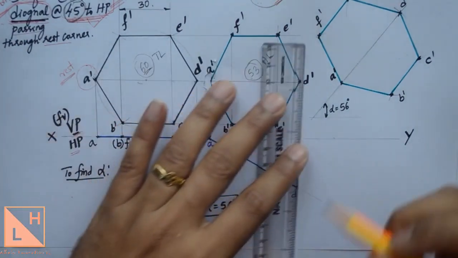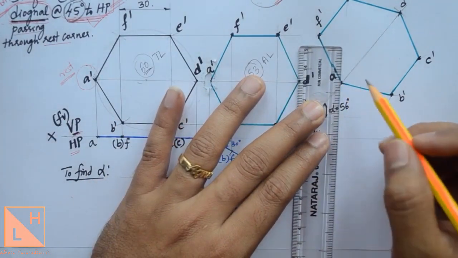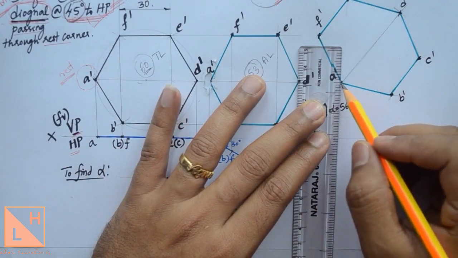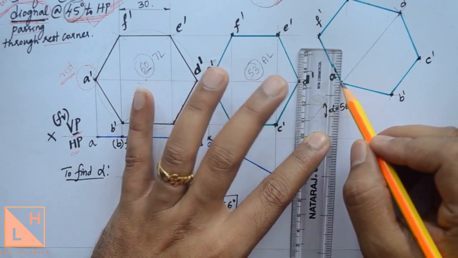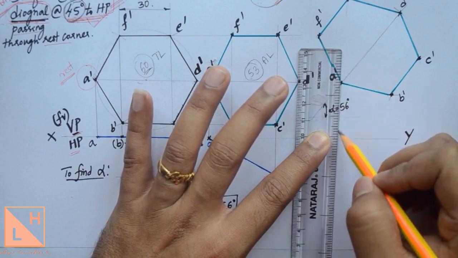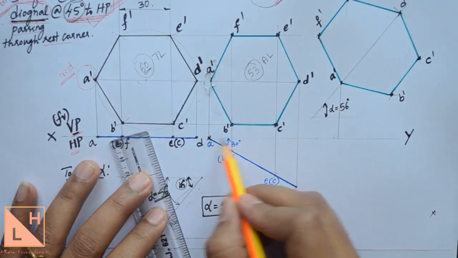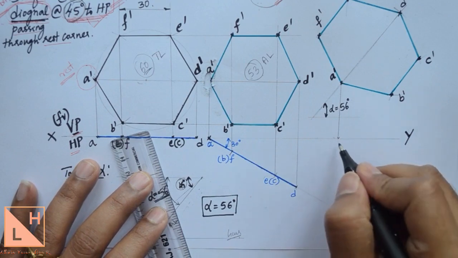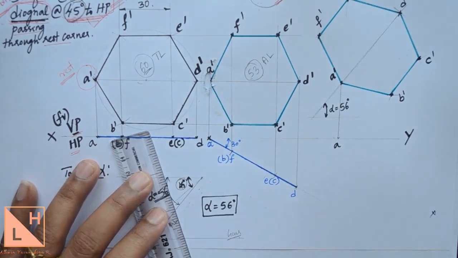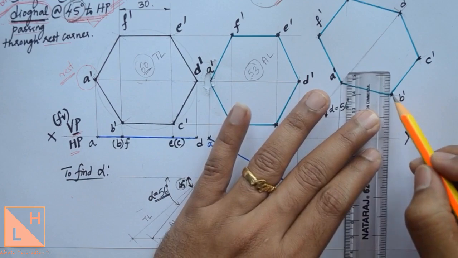So now to draw the projection lines, you choose point by point and draw a vertical line from A dash. I am choosing A dash, and draw a projection line from A dash till it reaches point A in the top view. So here we have A, so I have horizontal line coming up here. So this point will be the new point A. Repeat the same for the remaining points.